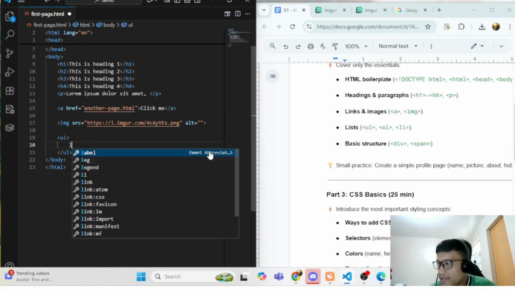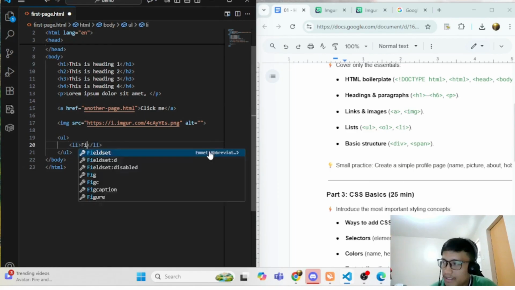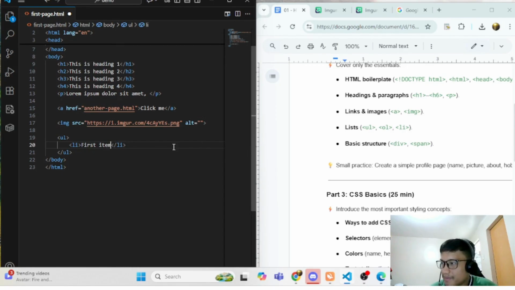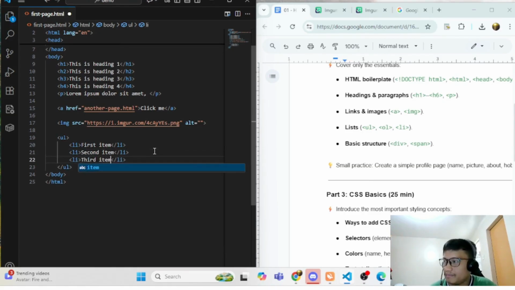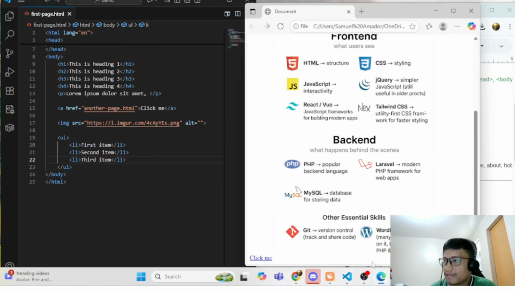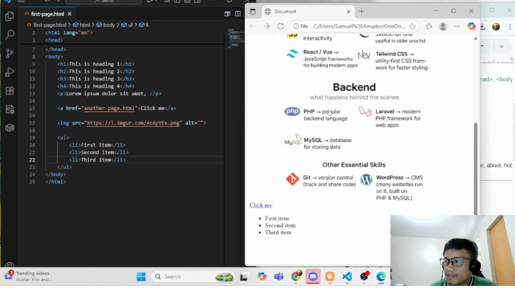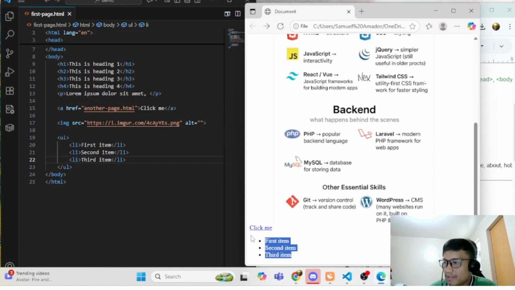So you can have here LI inside. So let's say first item, and then I'll add another item, second item, LI, third item. Okay, I'll refresh. So this is your UL, and then the items, the list items.